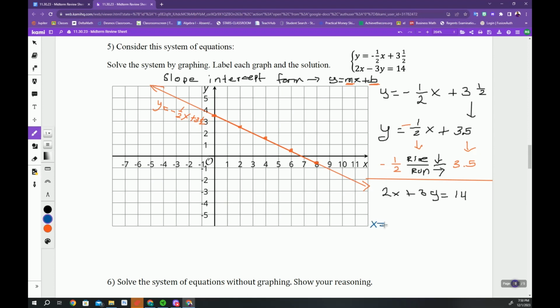X equals 0, and we're going to find the y-intercept. At the y-intercept, the x is always 0. So we're going to plug in. We're going to go all the way over here. We're going to say, what if x is 0? And we're going to say 2 times 0 instead of x,